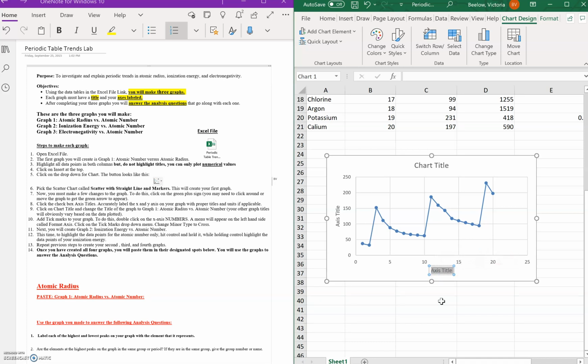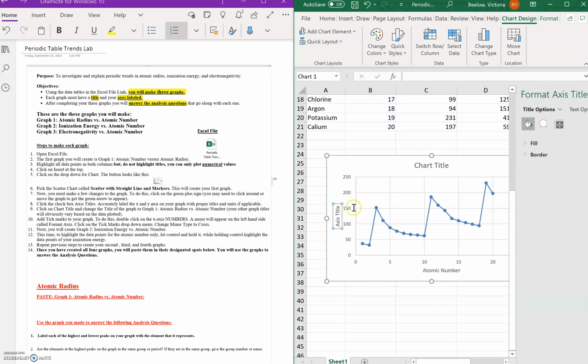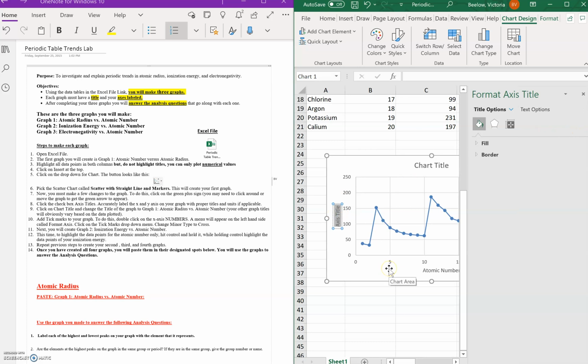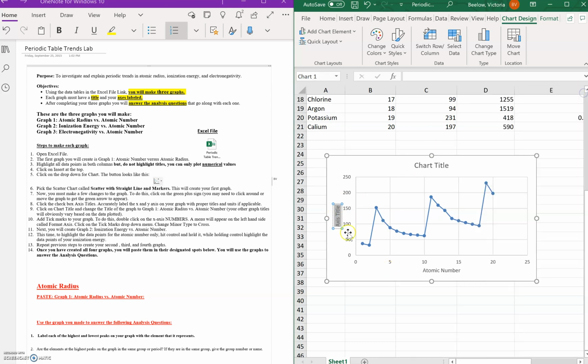On the x-axis, we're going to plot the atomic number. So remember the atomic number, that's the number of protons, that's a defining characteristic for each element. If you look on the periodic table, this will tell you what element is what. However, for each of your graphs, the y-axis will be different. For this graph, since we plotted atomic radius,